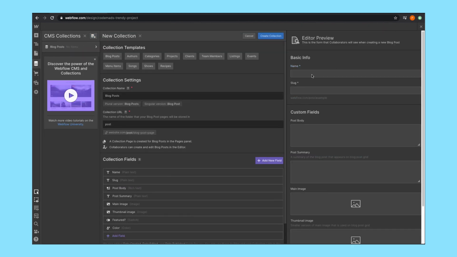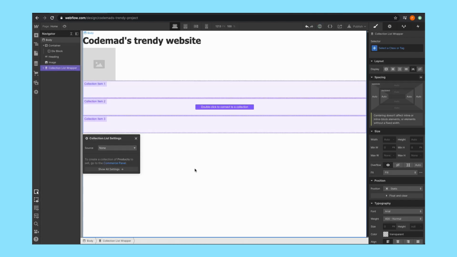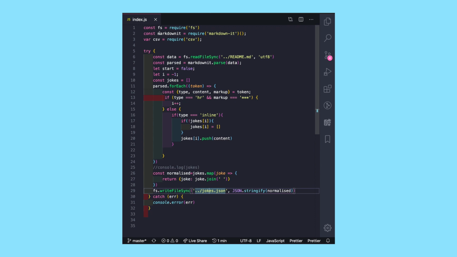At first, Webflow seemed like a really good option for me. I was able to make the layout that I wanted. It was easy to link things and all of that. The next thing that I decided to check out using Webflow was their CMS feature. They have an inbuilt CMS where you can store records and they can have different fields. From this CMS, it is very easy to pull in components onto the page. To add data to this CMS, you needed a CSV of your record collection. I wrote a small Node.js script to convert all jokes in the markdown file to a JSON kind of format.